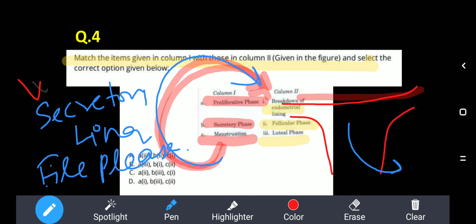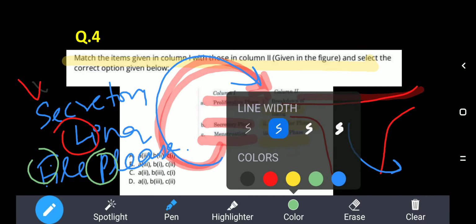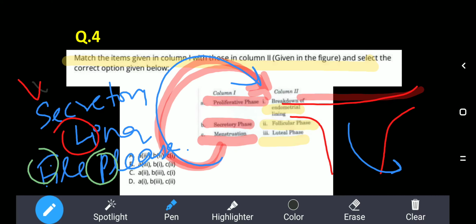S is for secretory phase, which goes with the luteal phase. And the next one, follicular phase, goes with the proliferative phase. So when we match them up, secretory phase is the luteal phase and proliferative phase is nothing but the follicular phase. Proliferative is follicular. Our answer to this question, if we match and see, is going to be...